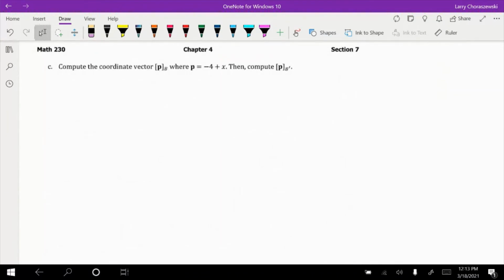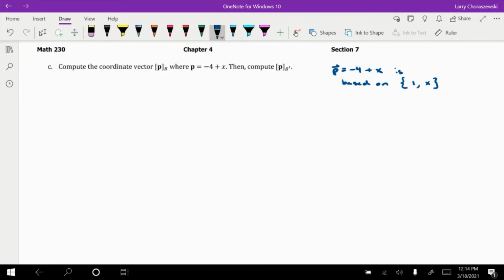here's where it can get a little dicey again. It says compute the coordinate vector P relative to the basis B, where P is equal to -4 plus x. And then compute the coordinate vector of P relative to the basis B prime. And here's what I mean by where it could get a little dicey. This polynomial P equaling -4 plus x, this is based on the standard basis for Pn, which consists of the monomials 1 and x,